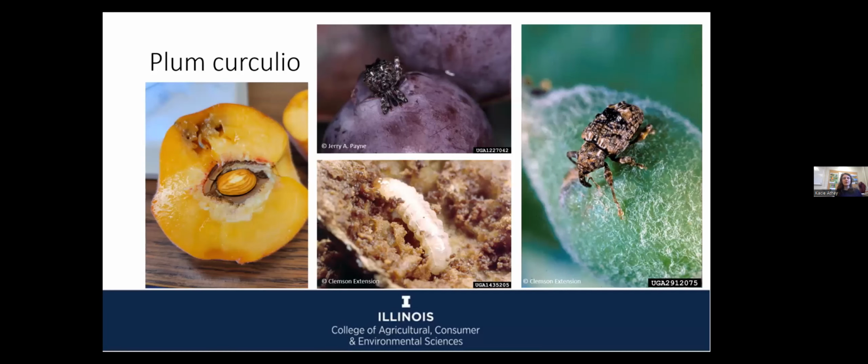And then I'm going to talk a little bit about plum curculio, which is generally more of a peach pest, but we're seeing pretty high numbers of it lately, and so I wanted to include it here. Especially here in Illinois, we saw really high numbers of it last year. So it is a plum, apple, peach pest. It's a beetle. It's actually a little weevil, it is another one of those internal feeders. So the beetle larvae lives inside the fruit, and you can see that in this peach picture I have there over on the left.